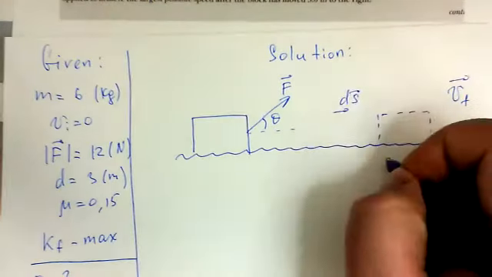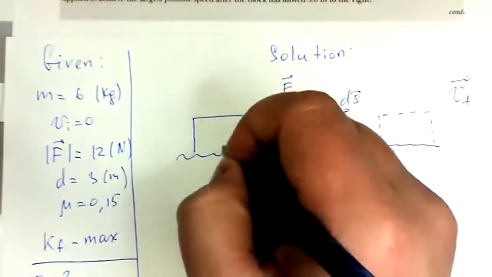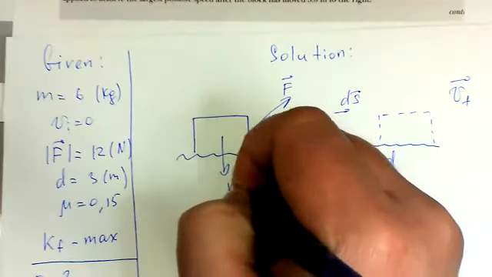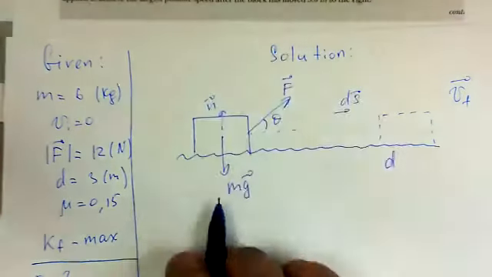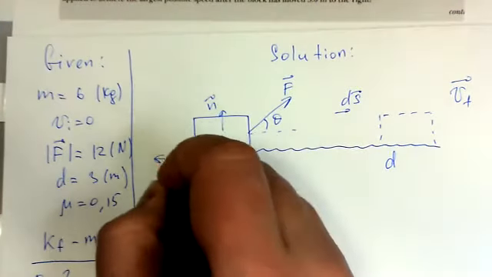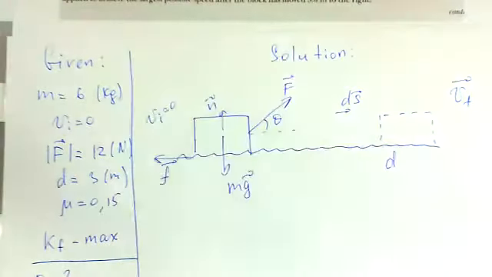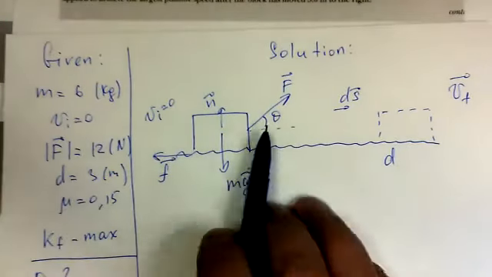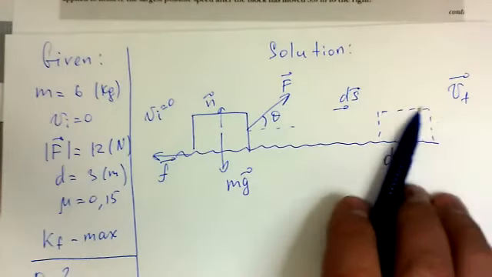Okay, so distance is d. And also there is an mg vector and some normal force here, which now would be smaller than mg. I will discuss it with you later. And there is also a friction force again. So initial speed is 0. We need to find at which angle we should apply this force F to reach the highest possible kinetic energy